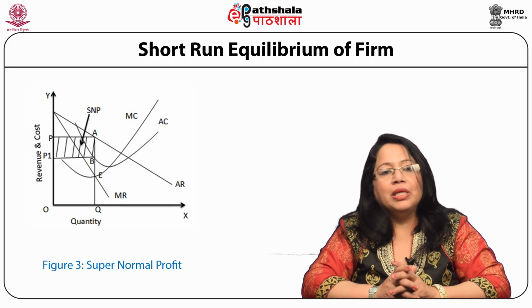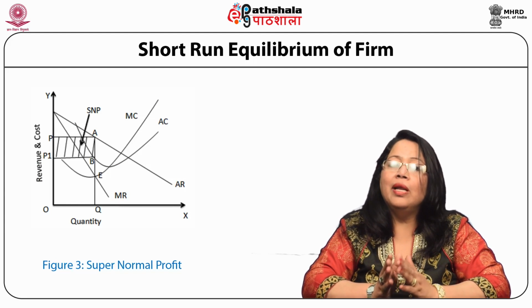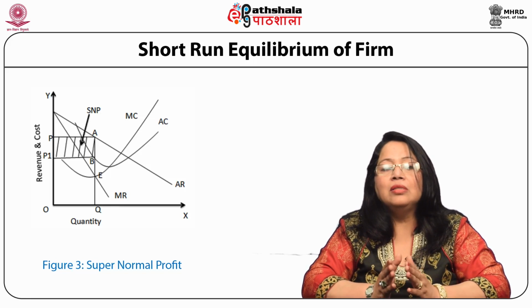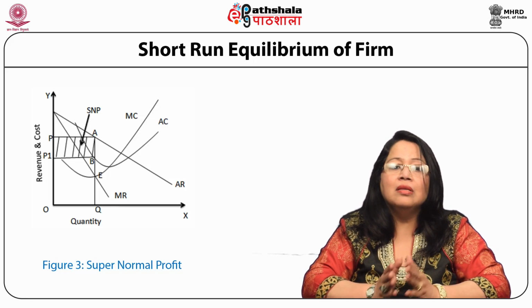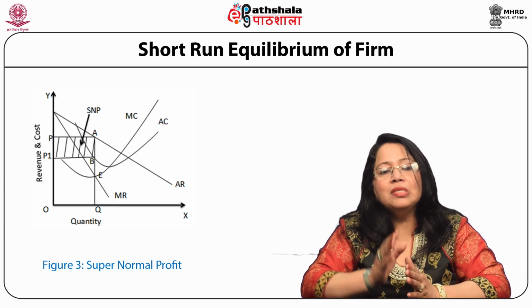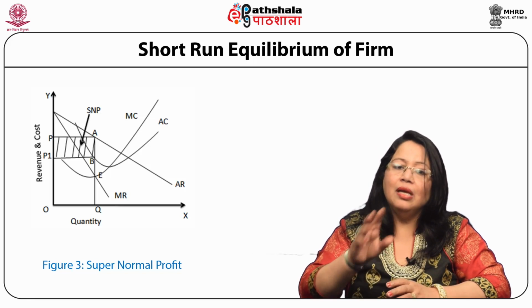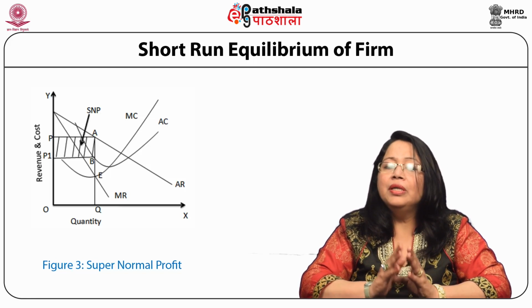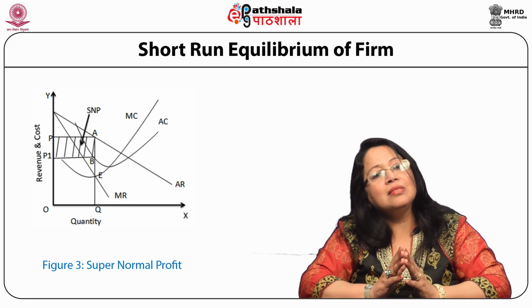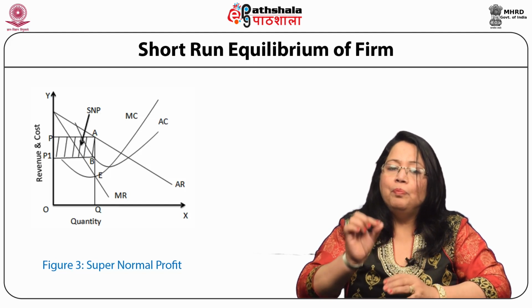Equilibrium is at point E. The firm will produce OQ level of output and OP price will be charged. Here, average cost is BQ and average revenue is AQ. Per unit supernormal profit is AB. Total supernormal profit is